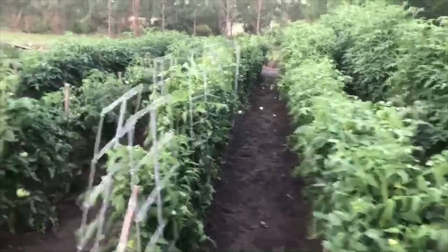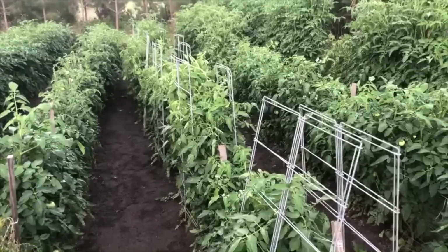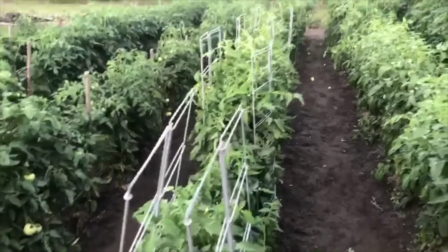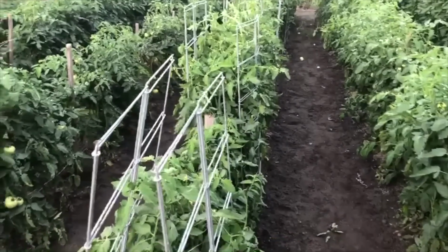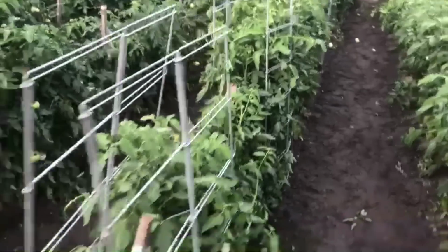Y'all, I came out to the garden this afternoon and we had had a red snapper catastrophe. And I should have took a picture of it, but I was just so kind of distraught and didn't know what to do and worried and everything else. I didn't get to take a picture of it before I was scrambling to find ways to fix this. But as you can see here,